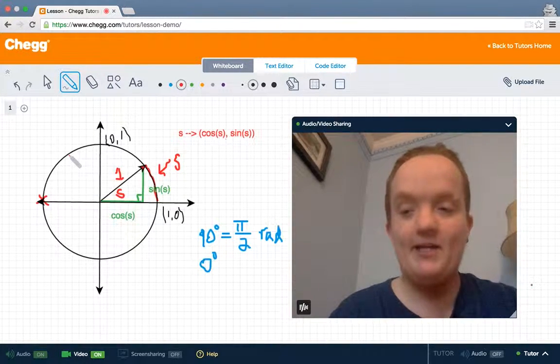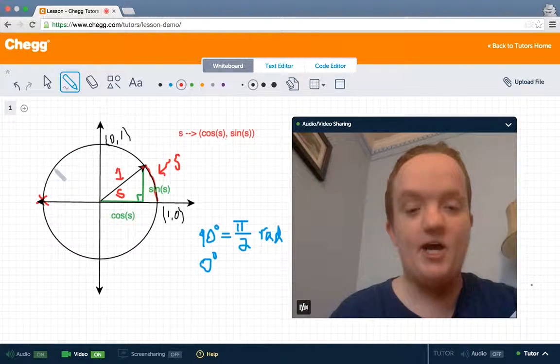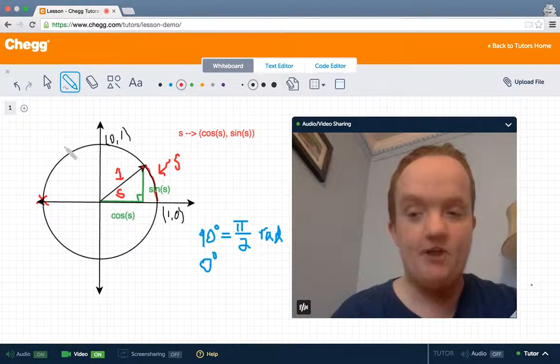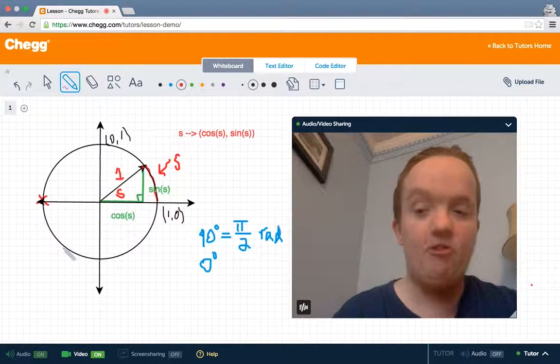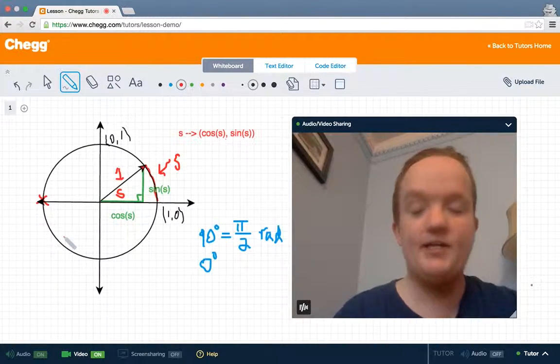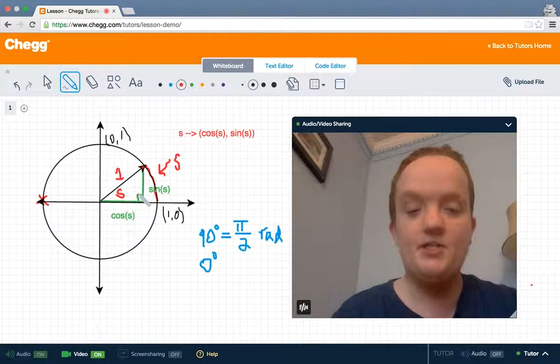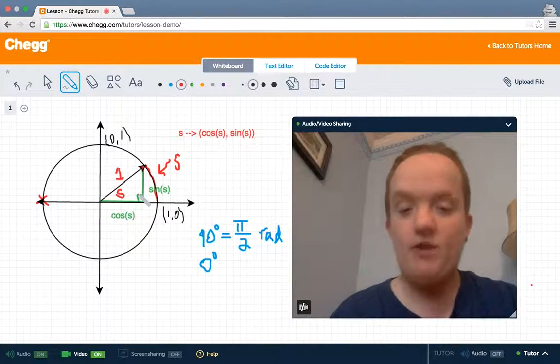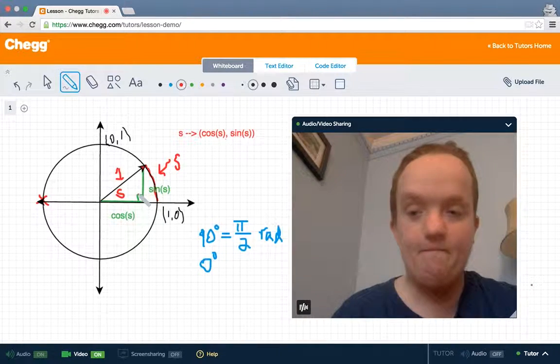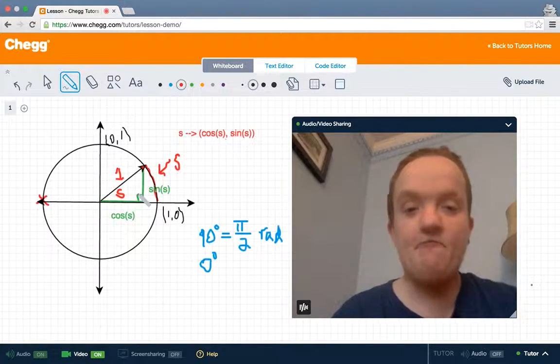This gets us wacky things like negative values for sine and cosine. Here we'd have negative values of cosine and positive values of sine. Here we'd have negative values of both and positive values of tangent, etc. So this gives us a way to move from trigonometry being just about right triangles to trigonometry helping us with real numbers in general. Now just to finish off, I want to close with a couple of examples